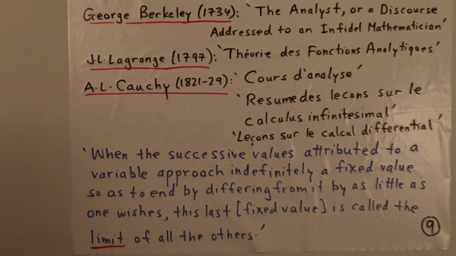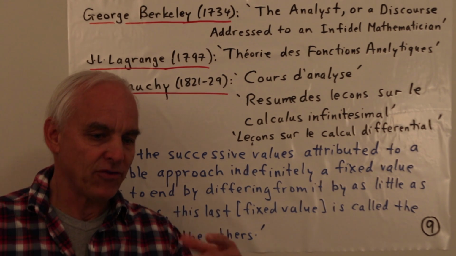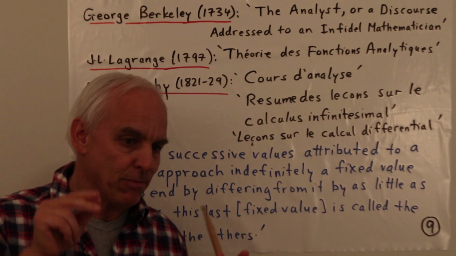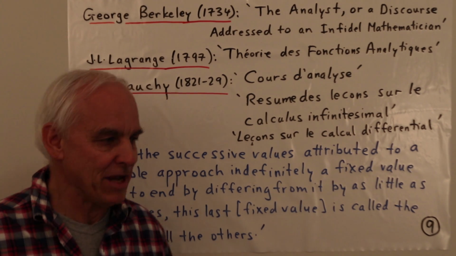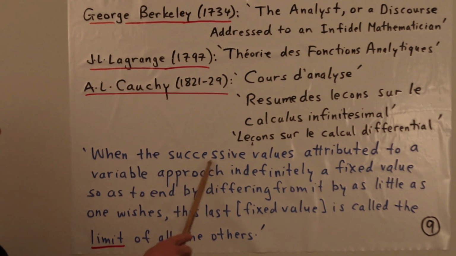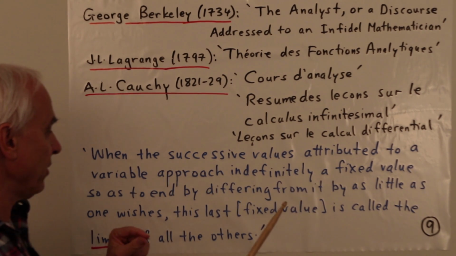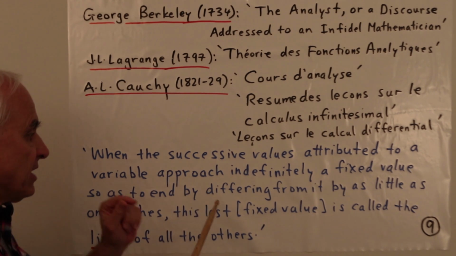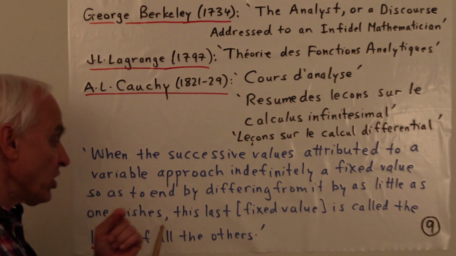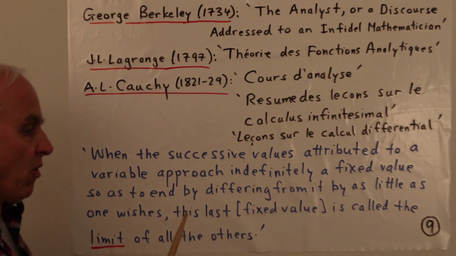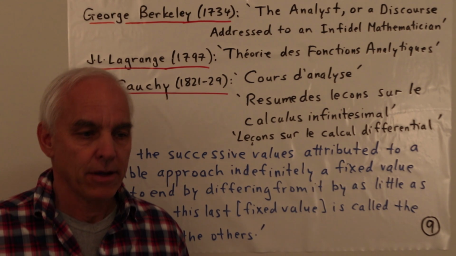Okay. And here's a quote from Cauchy, talking about the limit, which was a concept that was being introduced at that time to try to get around the infinitely small kind of criticisms that Berkeley was making. "When the successive values attributed to a variable approach indefinitely a fixed value, so as to end by differing from it by as little as one wishes, this last fixed value is called the limit of all the others." Okay,